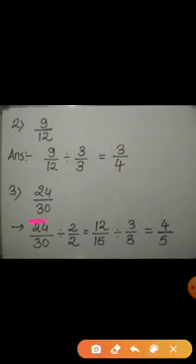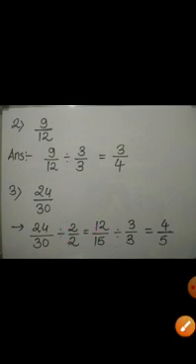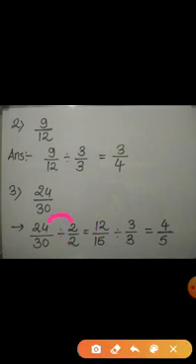See the next fraction. It's 24 upon 30. Which are the common factors of 24 and 30? The common factors are 1, 3, 6, and 2 as well. Out of these 4 factors, you can divide both numerator and denominator by any factor. Here you can see I have divided numerator and denominator by the same number, that is 2 first. Now, when you divide 24 by 2, we get 12, and when we divide 30 by 2, we get 15. Hence the fraction is 12 upon 15.